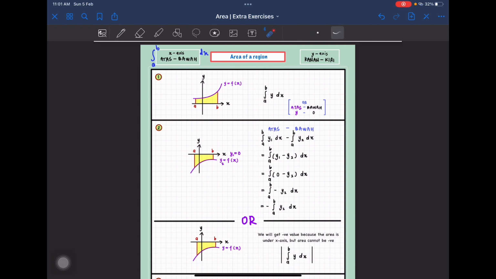Okay, and then kalau kita nak guna konsep of kanan tolak kiri, okay, maksudnya function kanan tolak dengan function kiri. Yang itu kita akan guna pada y-axis. Maksudnya kita akan letak dy, and then nilai A dan nilai B kita pun dua-dua mestilah nilai Y bukan nilai X. Okay, so the idea of area sebenarnya adalah the first step yang awak kena buat is you need to